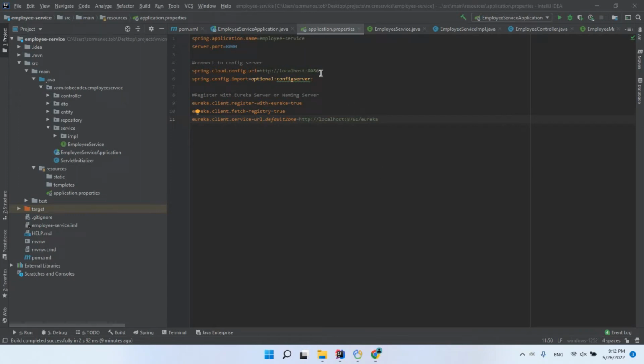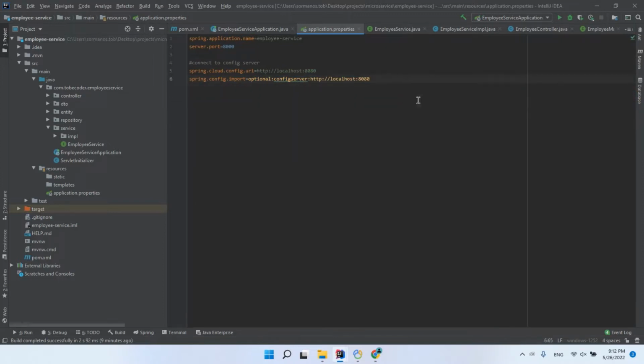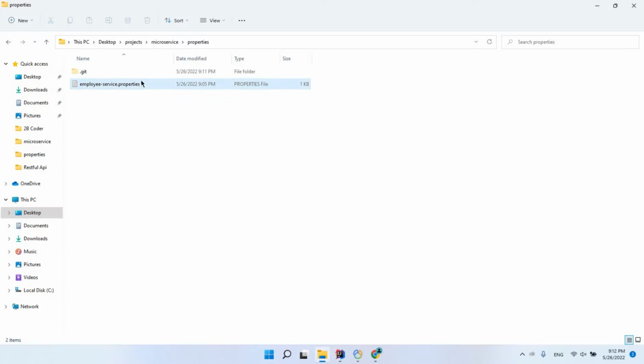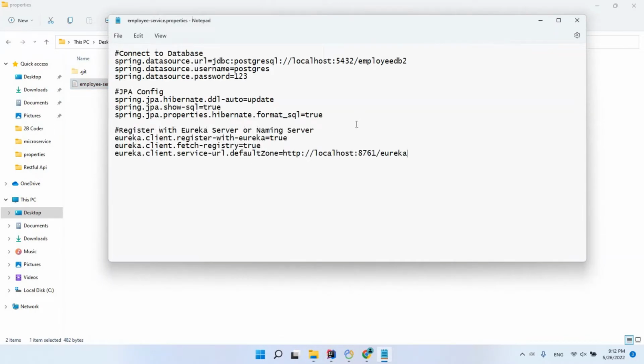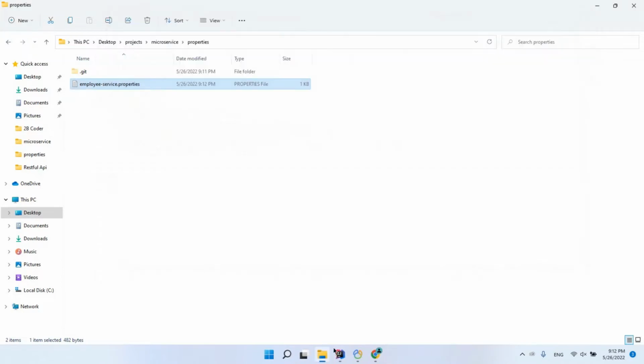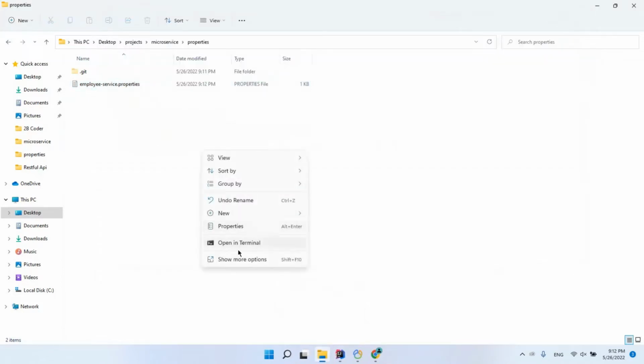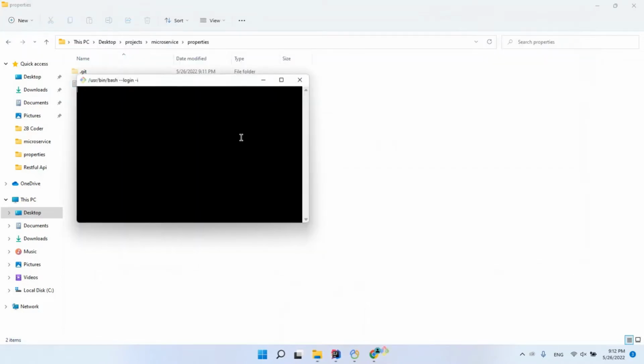Hello guys, welcome back. Now I need to add default config in Spring config import, and I cut config Eureka to employee service property, and I need to push it to GitHub. Go to Git bash,